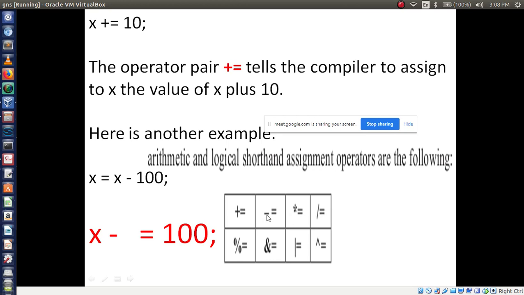These are the plus, minus, multiplication and division operators, and then mod equal, and equal, or equal, and caret equal, which is XOR. These are all shorthand assignment operators. So you can write this chart in your main exam. Okay.